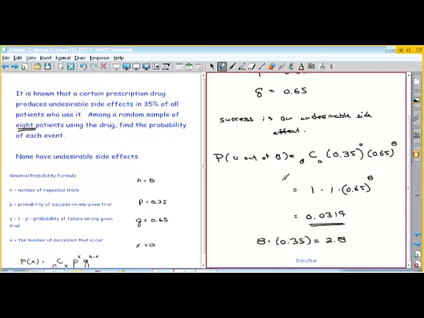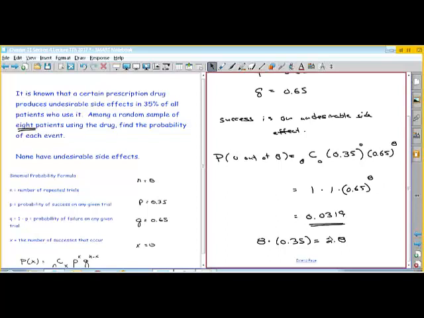Yeah, because you look at side effects for things, you're like, how the heck did that happen? 3 people out of, yeah. Right. Yep. So if you did 3 out of 8, which is actually, is that what we did? No, we did 0 out of 8. If you did 3 out of 8, that would give you,